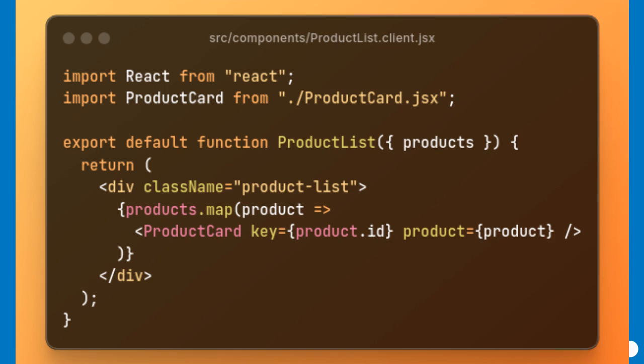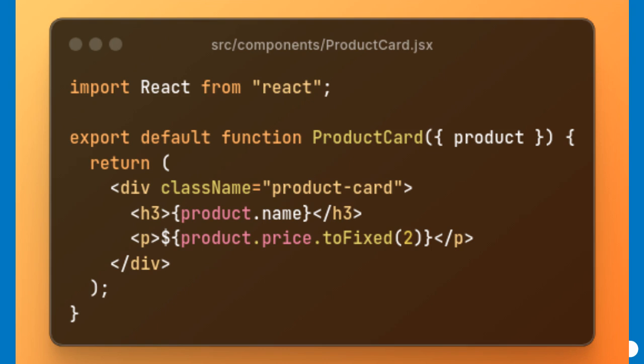By maintaining purity and statelessness, the React compiler can automatically memoize this component, preventing unnecessary re-renders and further optimizing UI performance. As an example of a pure component, ProductCard is automatically memoized by the React 19 compiler. It displays product information and benefits from the new build-time rendering optimizations, without the need for manual memoization such